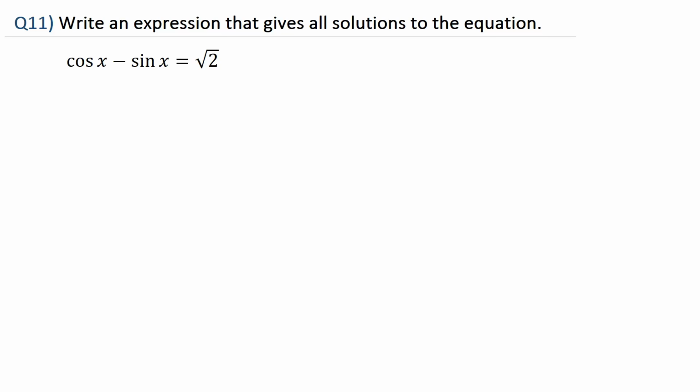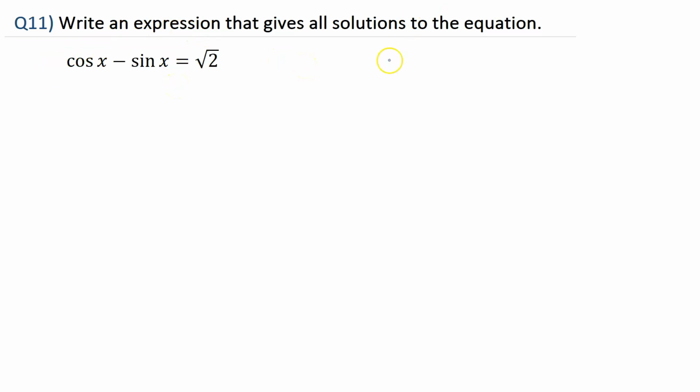Question 11. Write an expression that gives all solutions to the following equation. Cosine x minus sine x equals radical 2. First thing we would probably want is to rewrite this equation in terms of just one function, either cosine or